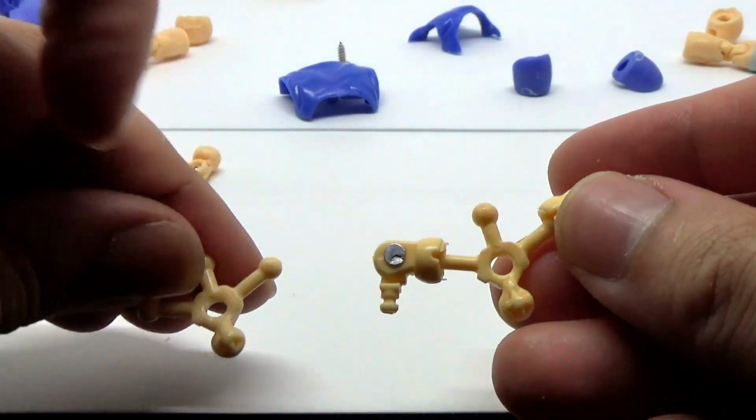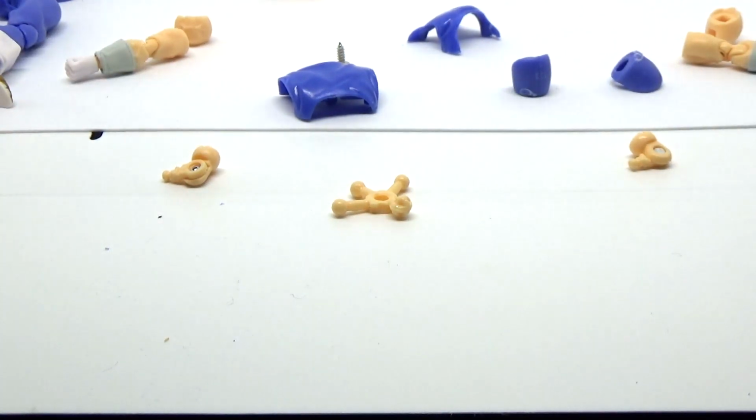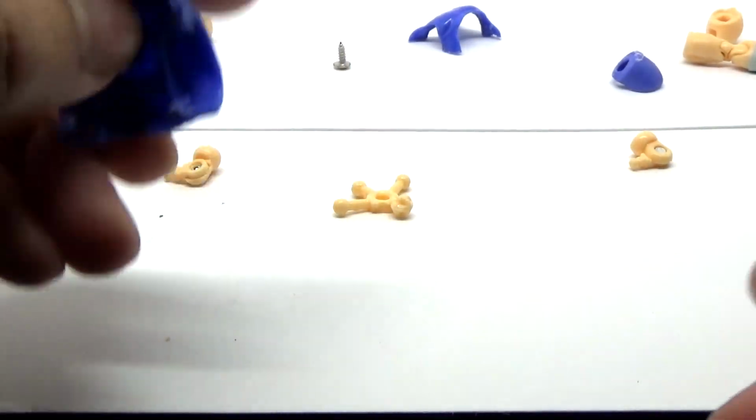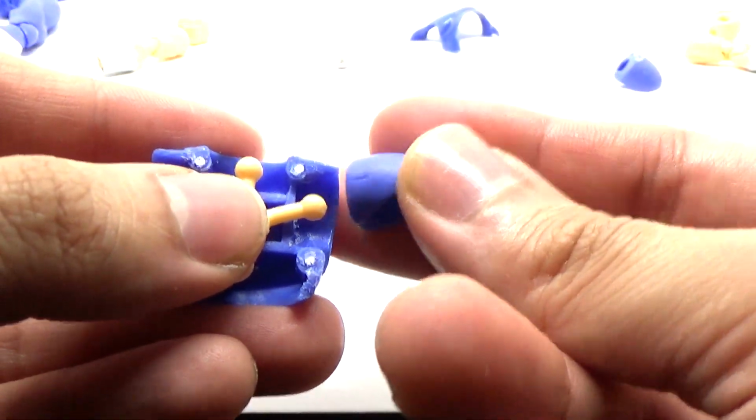So if you're wondering why it isn't fitting properly on the shoulder, in terms of Vegeta, that's the reason why. It's actually made to fit a larger body like Goku, so the shoulders won't fit quite right. And that's exactly where those weird little blue plastic bits you see kind of come into play. They're supposed to replace the...